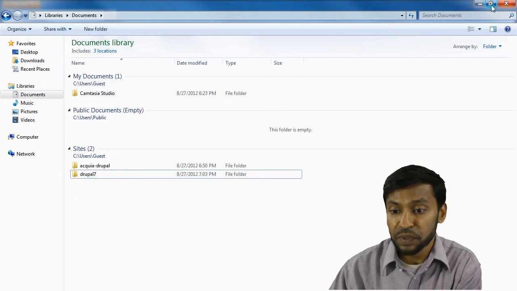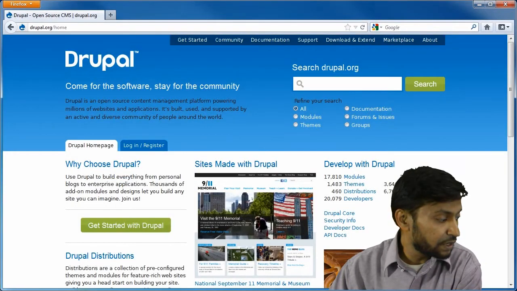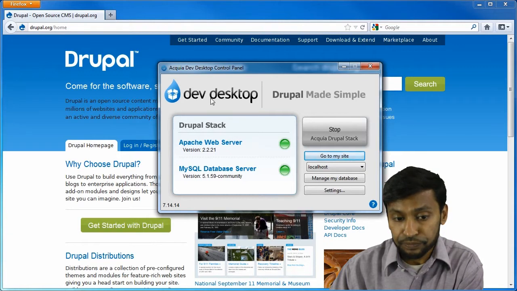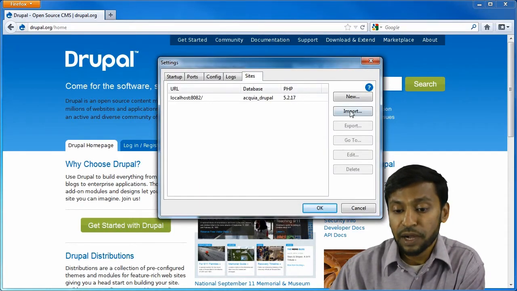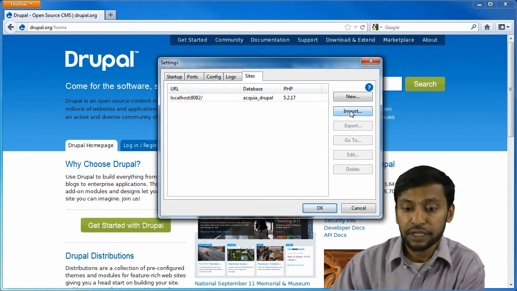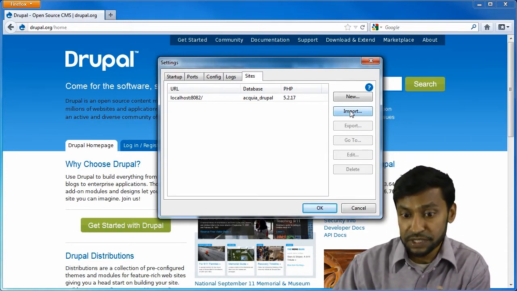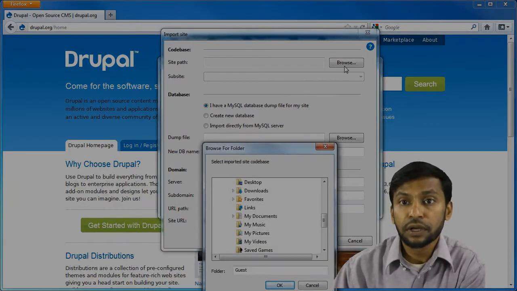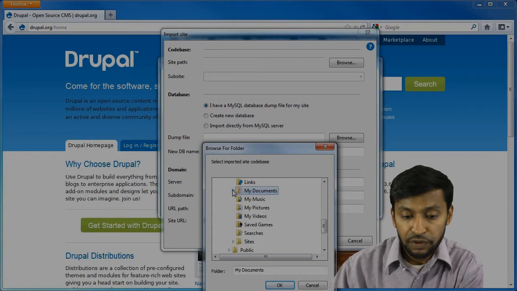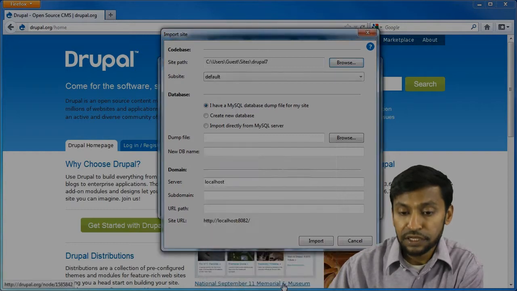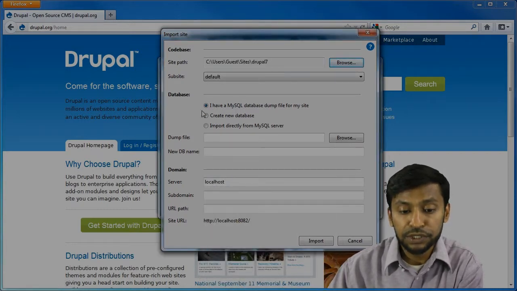So now that I have it placed, all I need to do is go back to my Acquia desktop and go to settings and click on sites, and this time I want to import. We're not actually installing anything brand new, we're importing the Drupal 7 folder. So we'll click on that. Once you click on the browse button, you'll go to your location where you have just added the new folder under sites and then Drupal 7, and just click OK,